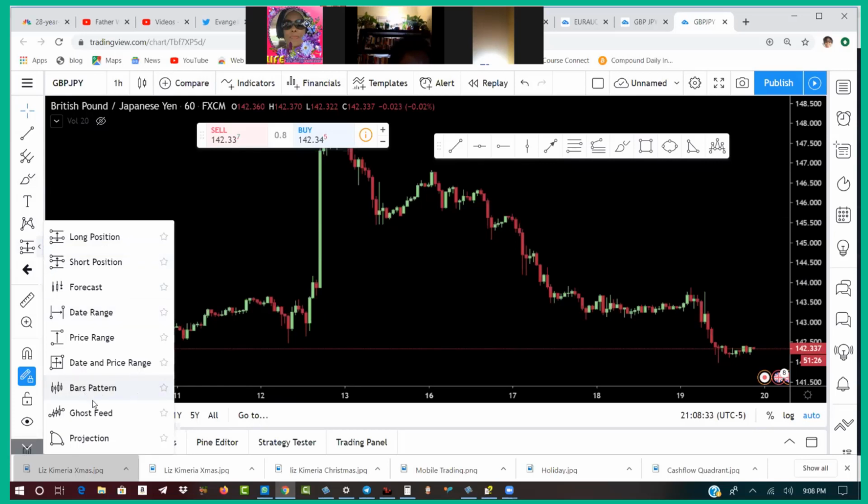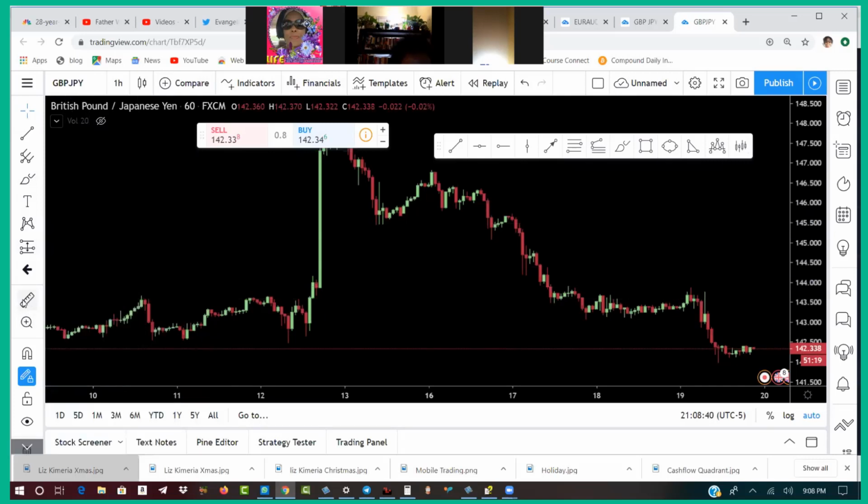I usually use the bus pattern, so I'm going to put that. The ruler, you cannot create a shortcut for this, but it's always going to be here. It's just by itself, okay? So that's that. And then once you have them here, what you want to do is now